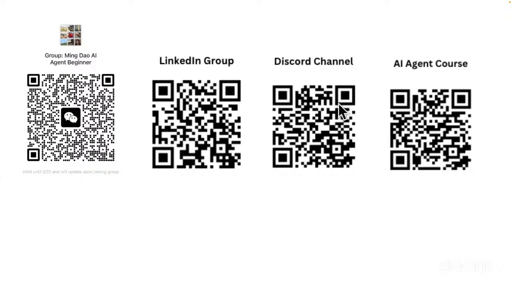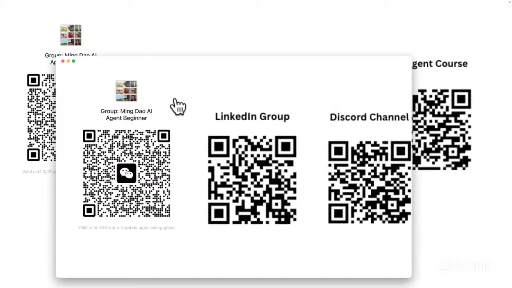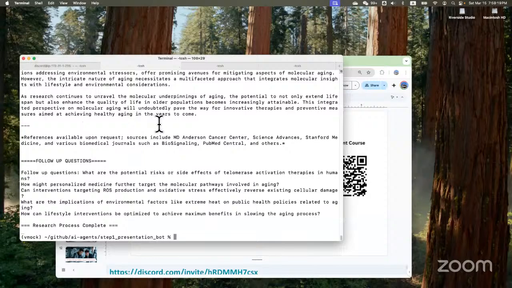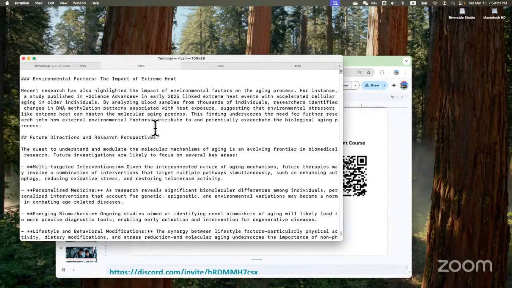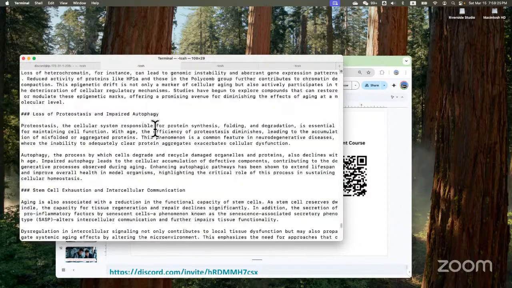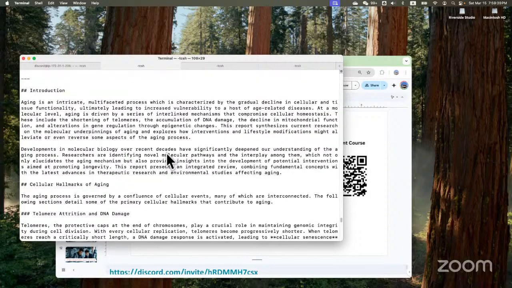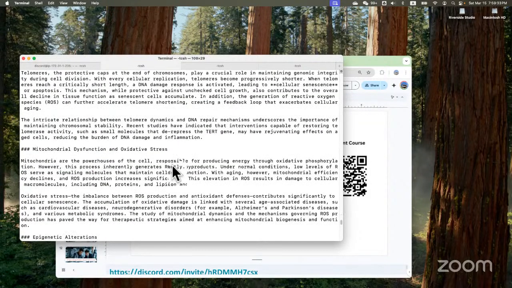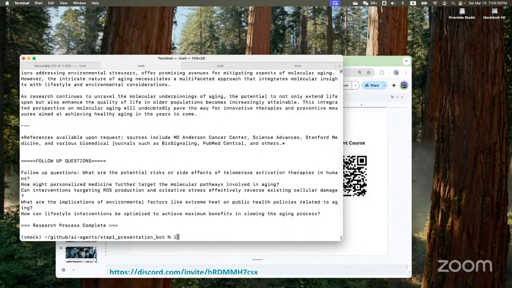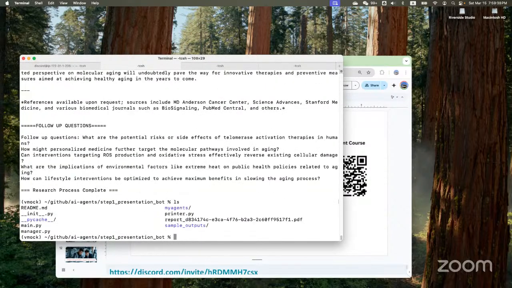So the audience actually asked a question. Let me go back to this research of the molecular effect on aging, and then we can see the PDF file as well.